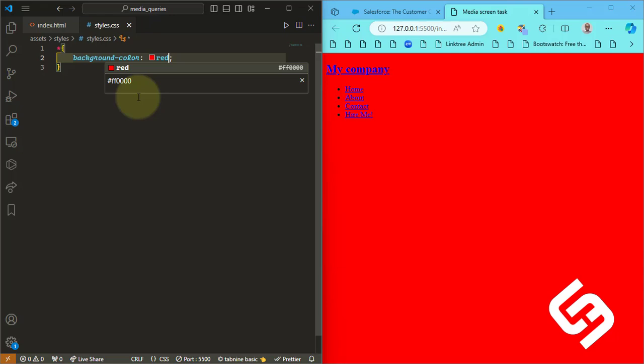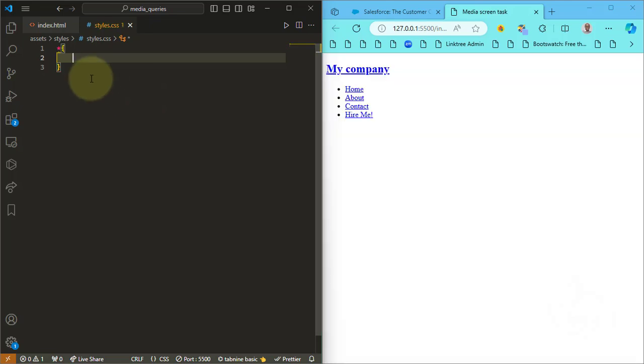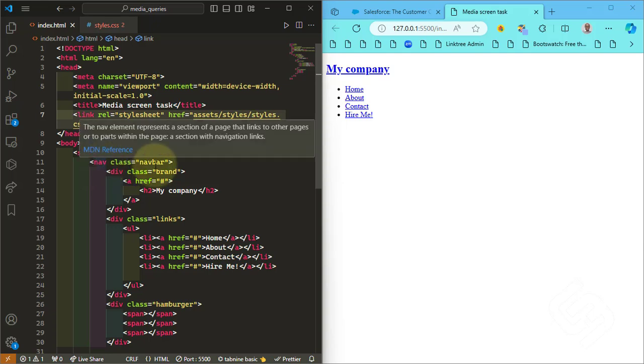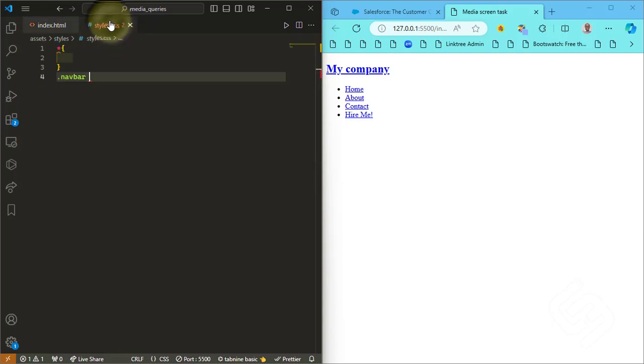But if, for example, now I do something like .nav, navbar rather. I'm doing .navbar. So let me take a moment to explain this again. Remember that we have nav, right? We have nav. This is an element, and then this is a class of this element. So in my CSS, I have either of the options of saying .navbar or simply calling nav. It is actually going to refer to the same thing. So if I do this and I say background color,